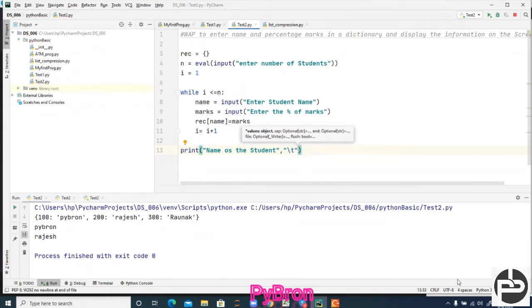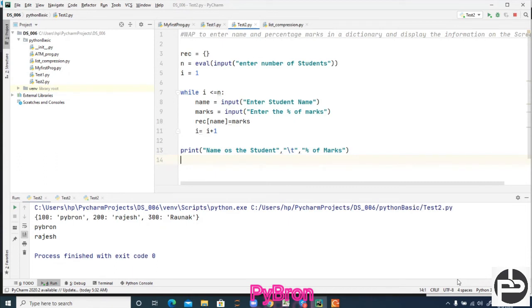And then percentage of marks. Percentage of marks, that's all. And now I have to print all those names and marks, right?